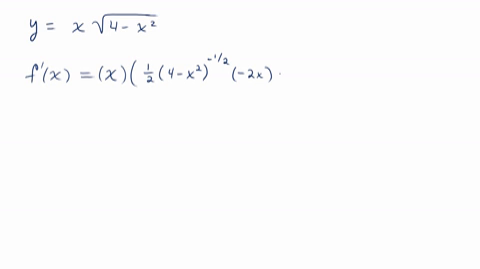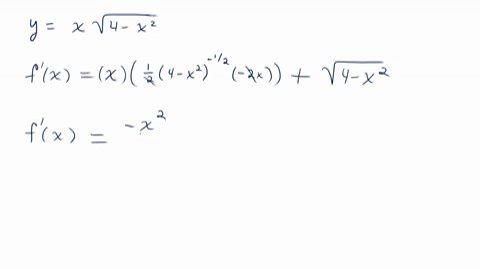So there is the first times the derivative of the second, plus the second function, the square root of 4 minus x squared, times the derivative of the first, or the derivative of x, which is just 1. Now let's simplify a little bit. We have f prime of x equaling, it looks like these two factors of 2 would divide out. So we have -x squared over the square root of 4 minus x squared